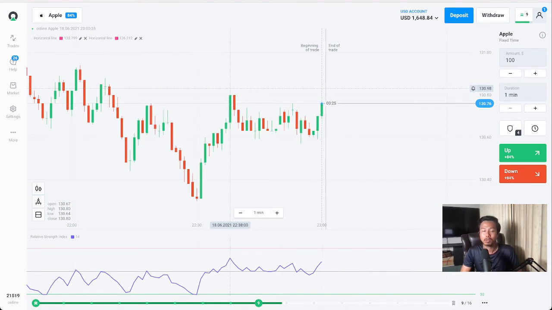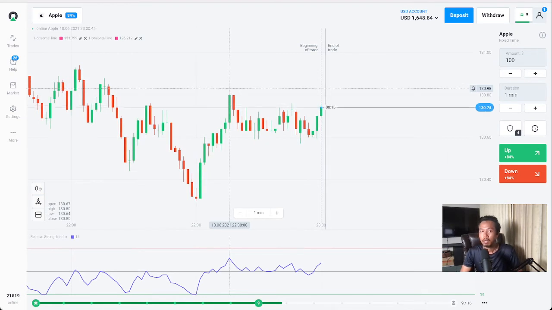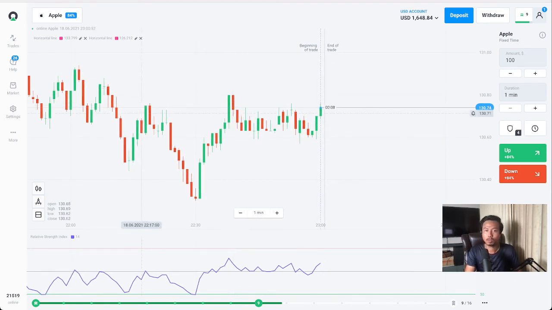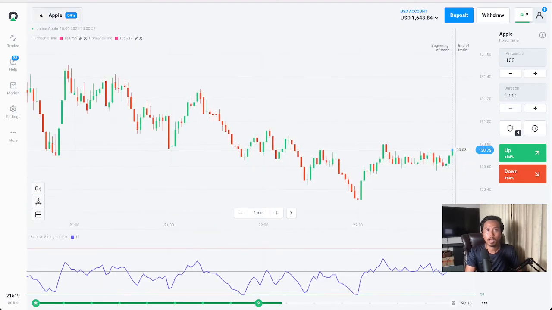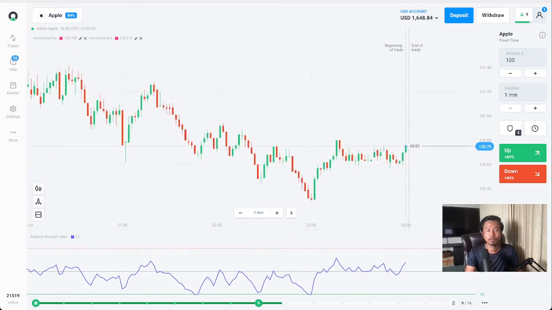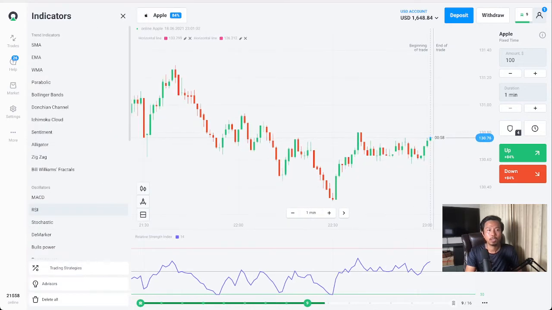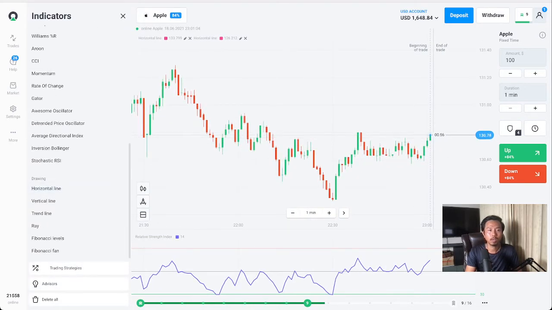And then number two, in our trading, I also want you to follow the trend line. I want you to apply trend lines in your trading. The reason I ask you to use trend lines is because trend lines help us understand the buy areas and the sell areas. What I mean by that, let's have a look at the trading platform that I'm using. Here is Apple stock, and we are trading in fixed trade. Fixed trade is binary trade, just called differently on Olam Trade.